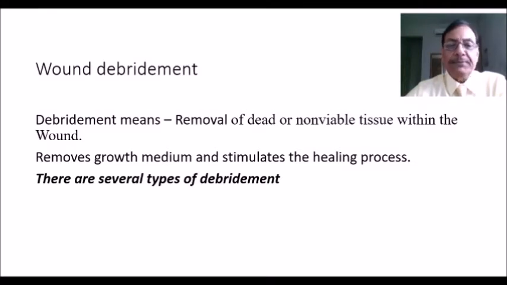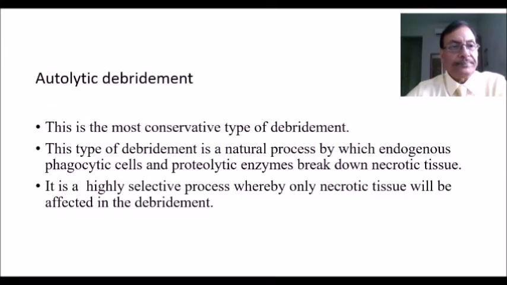And what are the types of debridement? There are several types. Let us understand one by one. There is autolytic debridement. It is the most conservative type of debridement. It is a natural process by which endogenous phagocytic cells and proteolytic enzymes break down necrotic tissue. Of course, it is highly selective, where only the necrotic tissue will be affected and not the